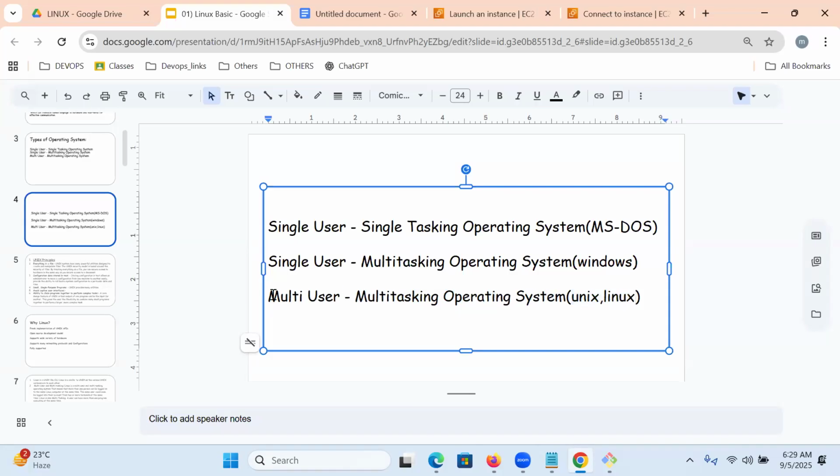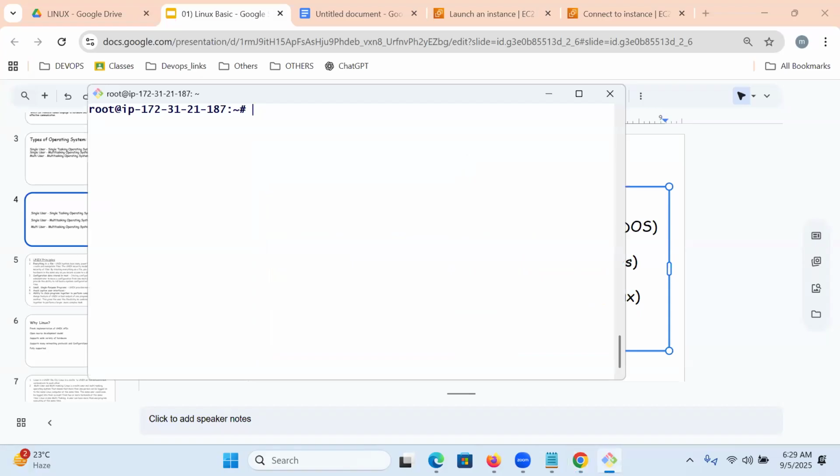Clear, understood? Shall we experience this practically? So first, we are going to create two users.